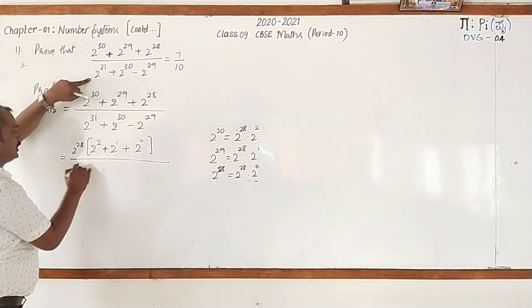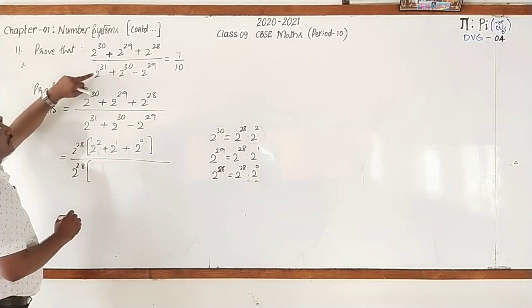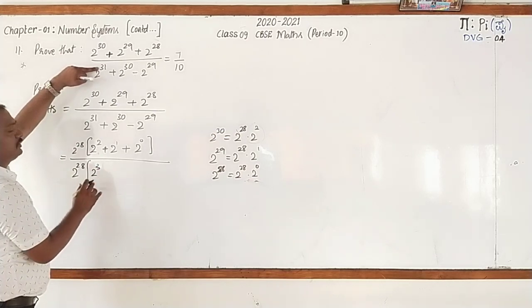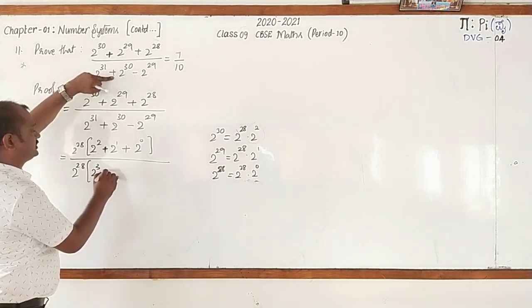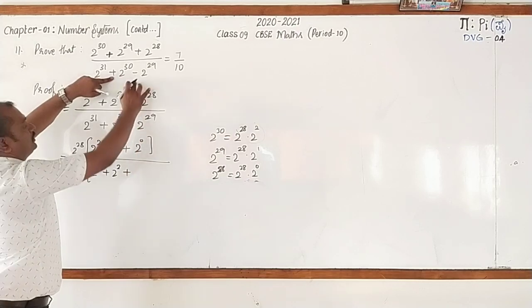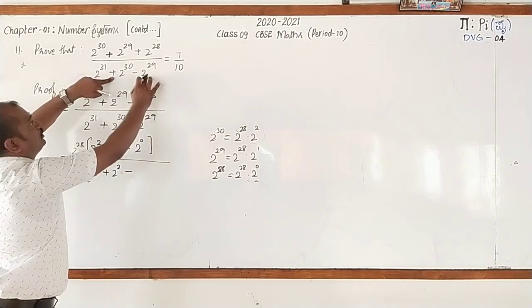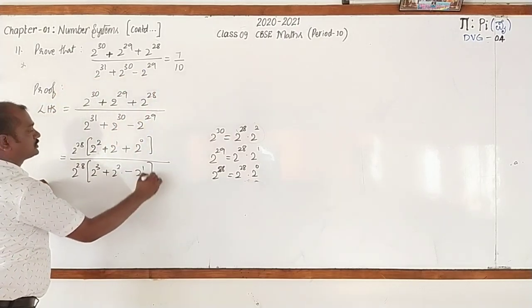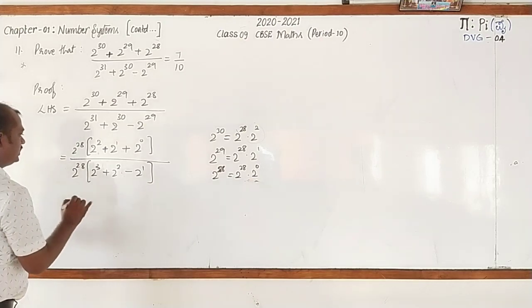Here also I go for taking 2 raised to the power 28 as common factor. 31 is there. Here 2 cube. Here 30 is there. 2 square. Here minus 2 raised to the power 29 is there. 2 raised to the power 1. It is equal to